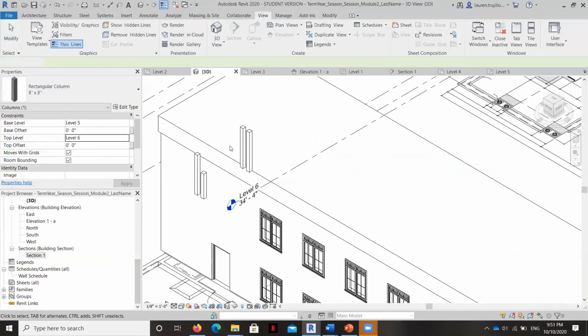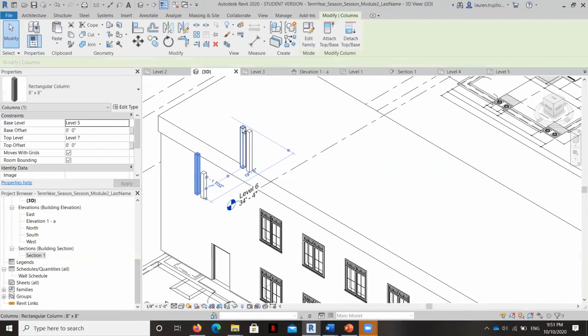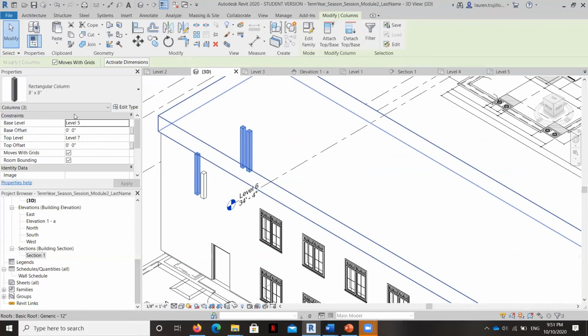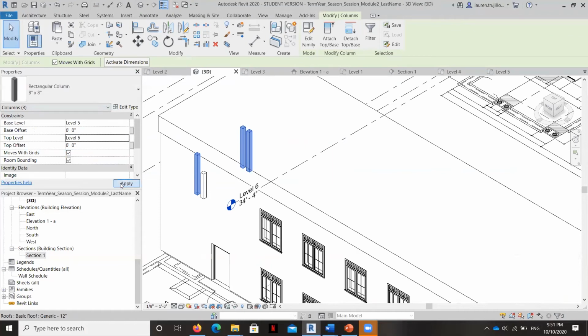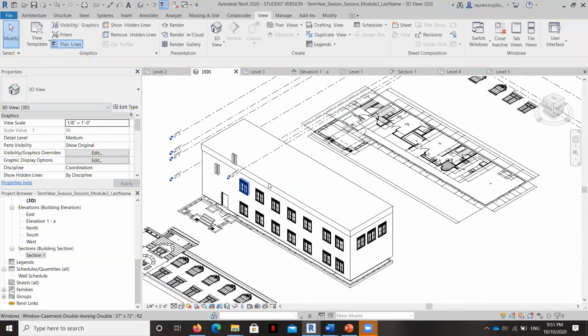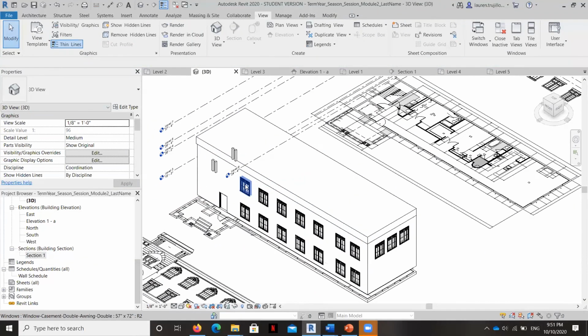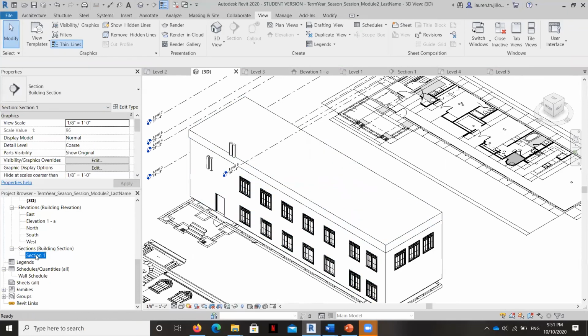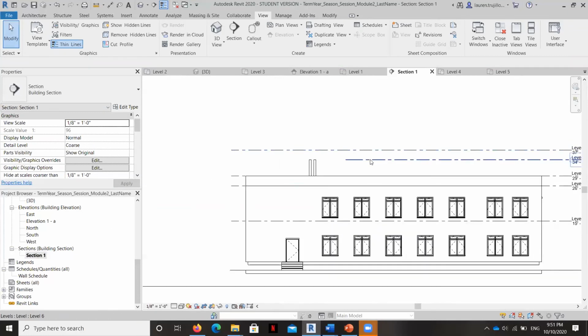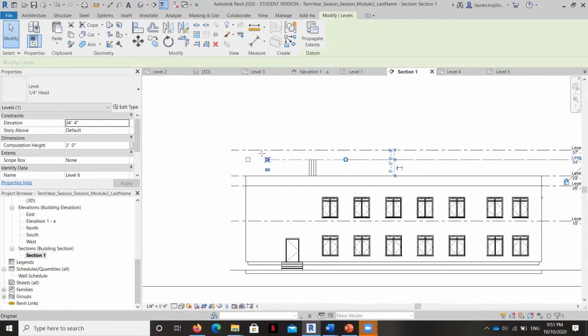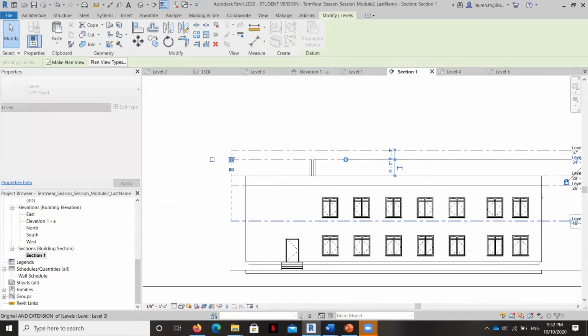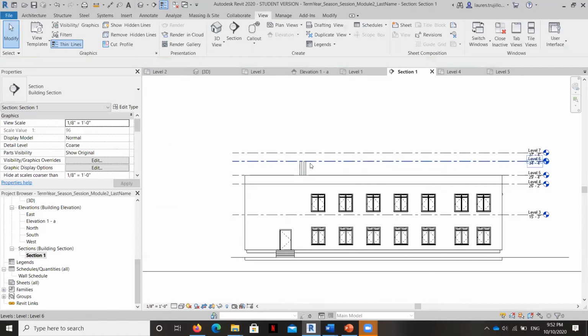So let's go ahead and grab the rest of them. Good thing you remembered how to create levels, huh? There we go. Our beautiful little itty bitty columns floating in the middle of nowhere. Okay, and you can see that level's been created, and all I need to do now is adjust this grip over here like that so it lines up with the rest of them. And there's our columns, and then I'm going to mirror them on the other side.